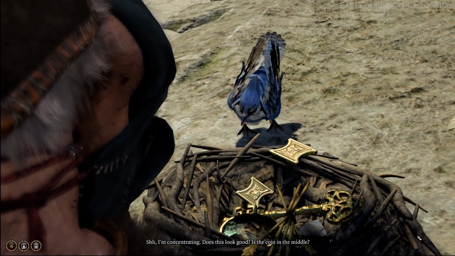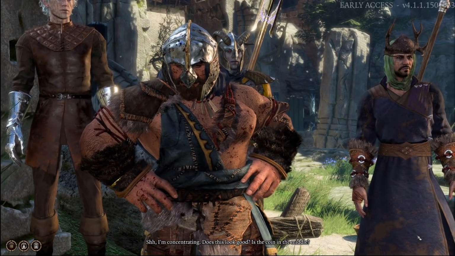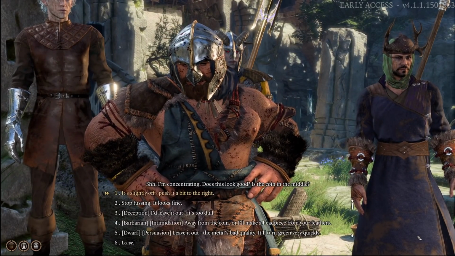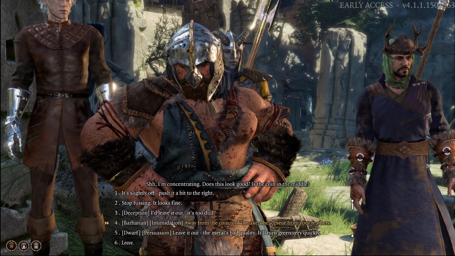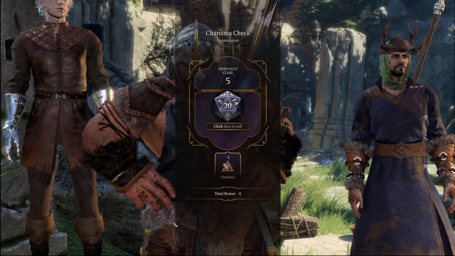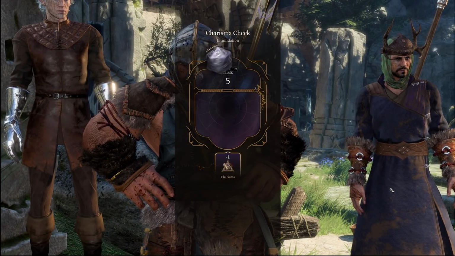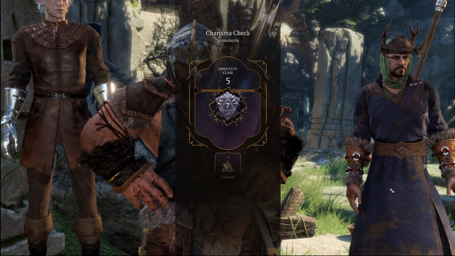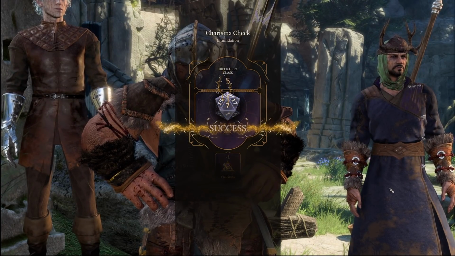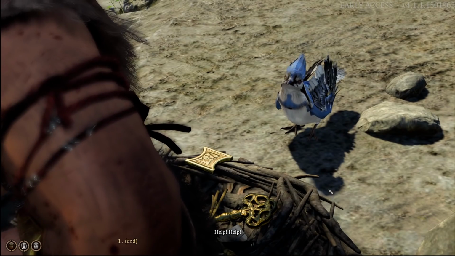Readying an action in 5th edition allows a player to react to a perceivable circumstance. If that circumstance plays out, that is the trigger for an action to take place. You're basically storing an action for later use, and if it ends up triggering, it will use up a player's reaction for that round. Now there's several different ways that this can play out, but one quick example would be